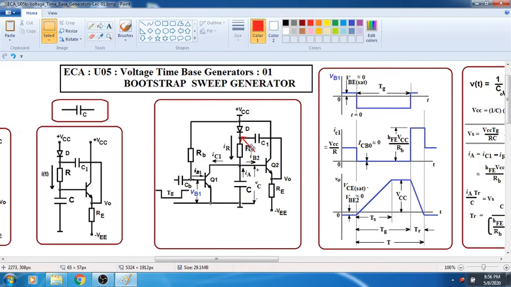You have the diode to control the direction of the current, and we are connecting the emitter to the junction of diode and resistor through a capacitor C1, which is a large value capacitor, and it will maintain the voltage across the resistor as VCC even when the diode is reverse biased.